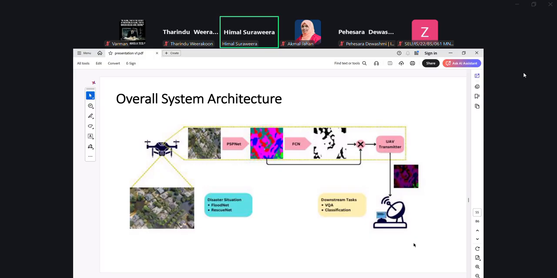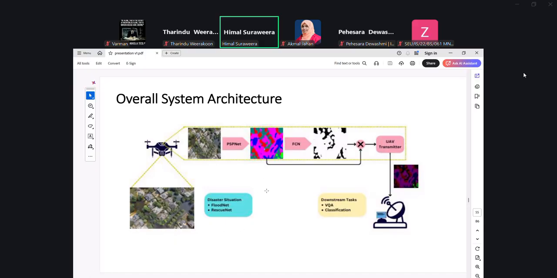So we designed a common machine learning pipeline or architecture to address several downstream tasks, actually in this case two downstream tasks. That is the specialty of our algorithm. We achieved this using two steps. One was constructing a semantic mask out of the raw image.